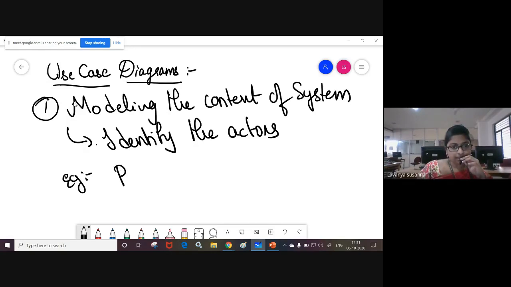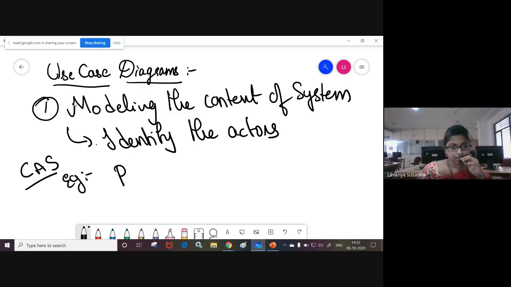In this technique, you need to identify the actors. Who are the actors interacting with the system? It may be a person or it may be a system. Here I took the example of CAS, our college administrative system.